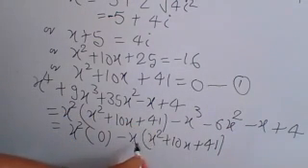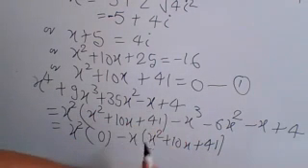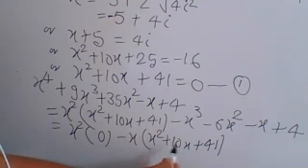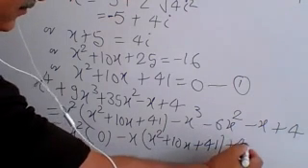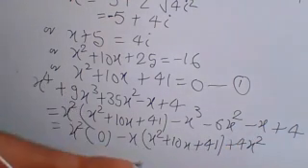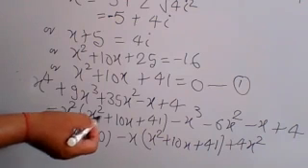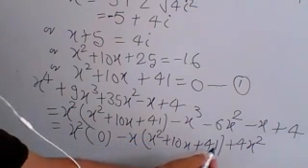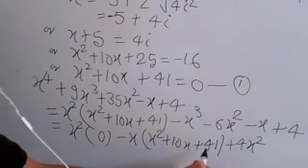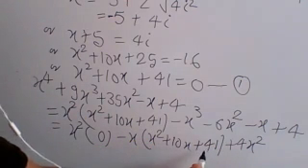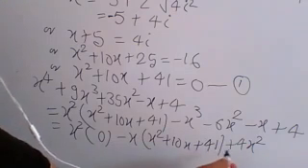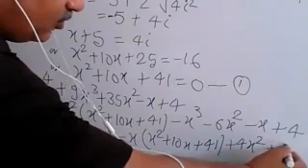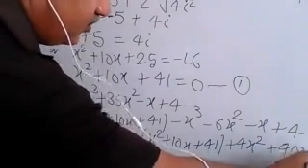So if you multiply, here you have minus x cube and minus x cube is there. And here you have minus 10x square and here you have 6x square. So you have to add 4x square. Understand? And for this one, here you have minus 41x and here you have minus 1 only. So what do you add here? Plus 40x.